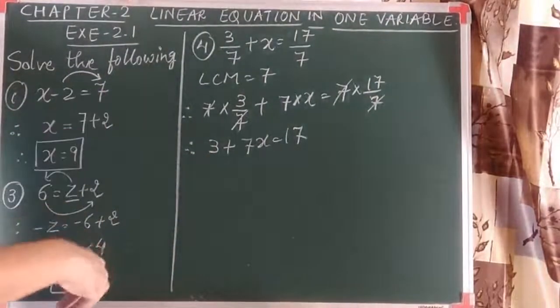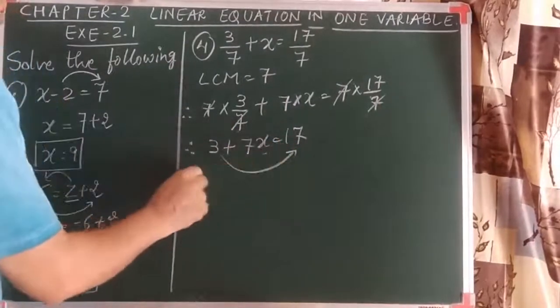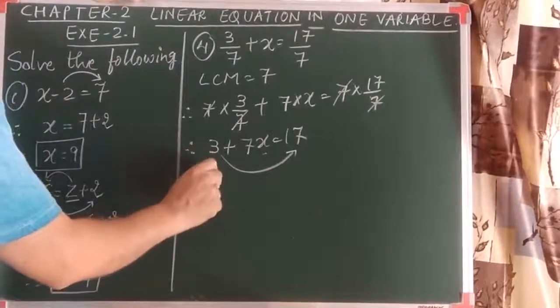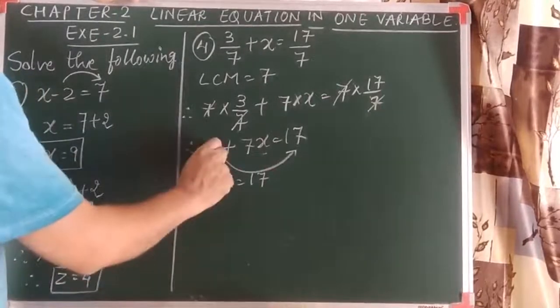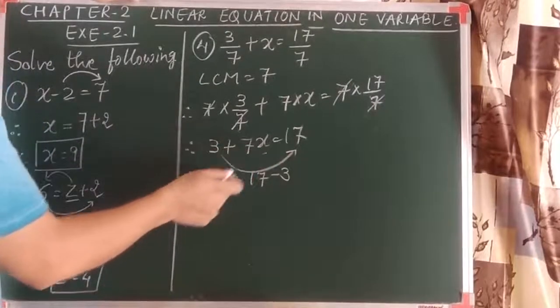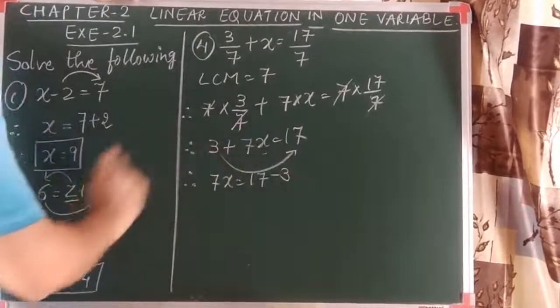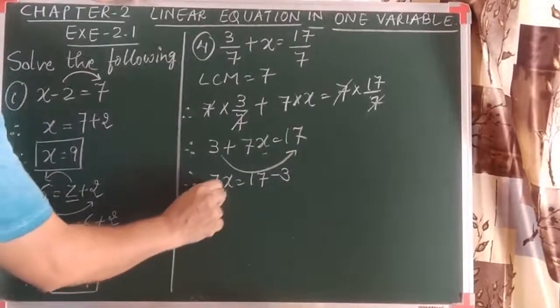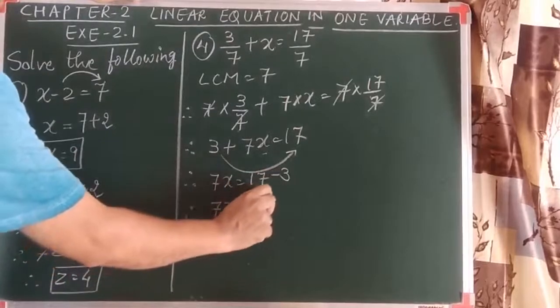Back to our first condition: all the variables on the left hand side, all the constants on the right hand side. So here there is one constant, 3, on the left hand side which we will take to the right hand side. So we have to change the sign of only 3. I kept 7x on the left hand side. 3 is going across, therefore the sign of 3 changed. This is 7x, and as plus minus is minus, it comes 14.